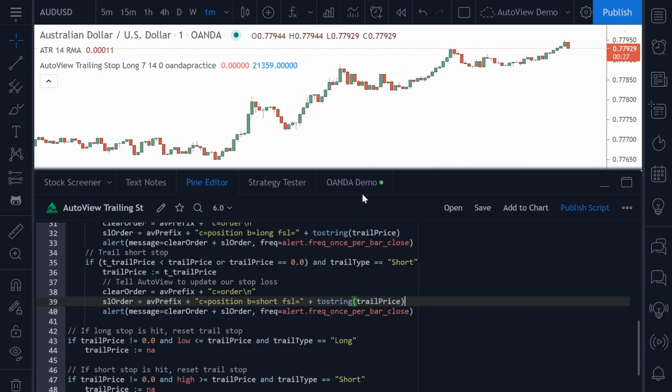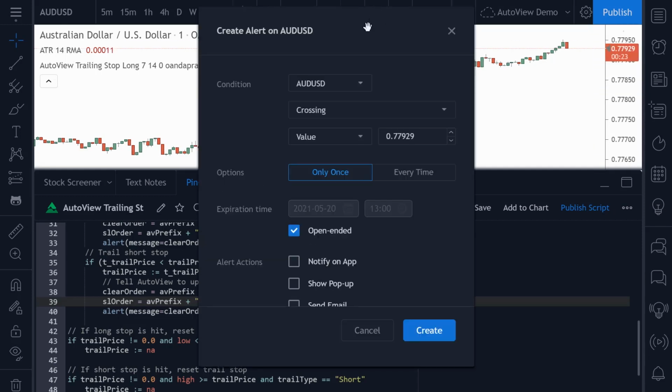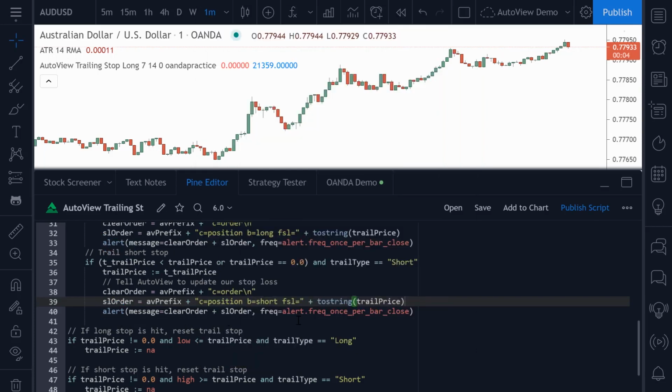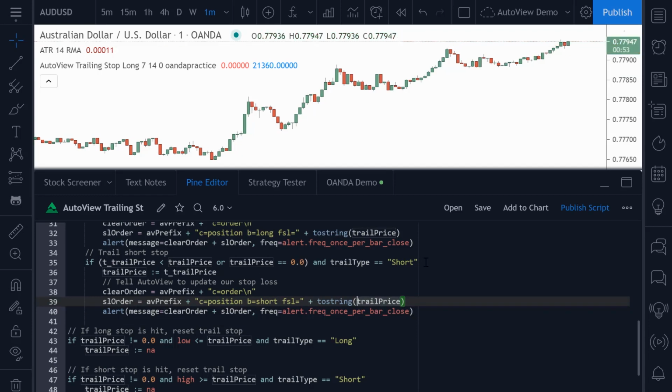There we go. And now if I were to come up to this alert button and click on that and select our script, if I leave this condition on any alert function call, which is this alert function, and I set up my alert, then whenever my trailing stop is updated, this alert will fire. The command will be interpreted by order view, and Oanda will move my stop loss to wherever trail price is. Really powerful stuff, and this will allow you to automatically manage